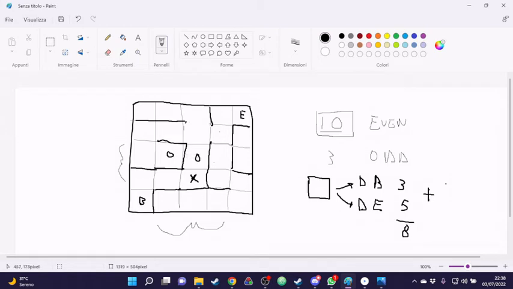So basically I can add the distance from the beginning in this tile, dB, and the distance from the end in this tile, and I add 1 because I'm doing one step to pass from one tile to the next. So basically I have dB from tile 1, so dB1 plus dE from tile 2 plus 1,